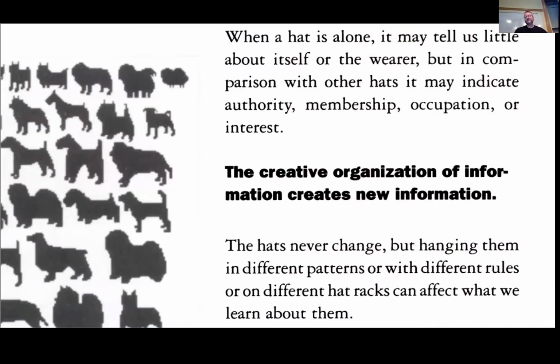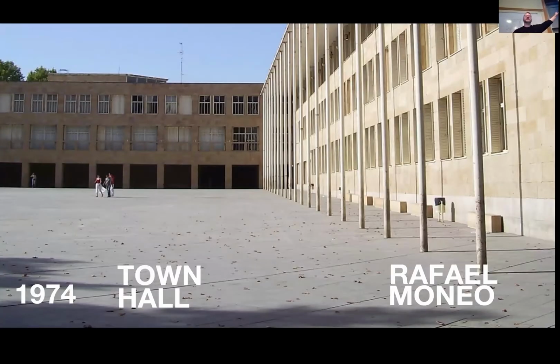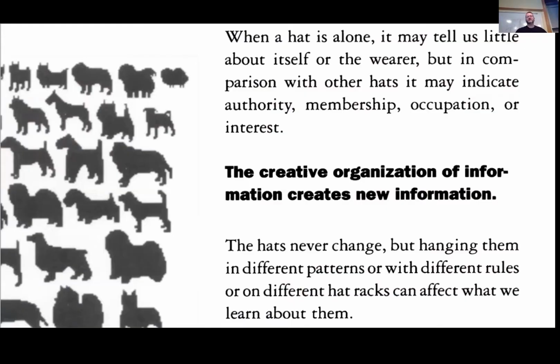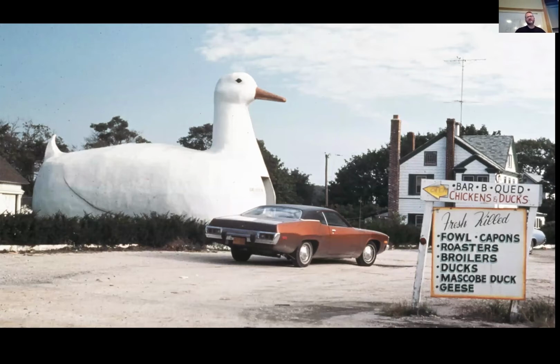And what Richard said about doing this with information, I believe, is also true about doing it with travertine marble. The creative organization of material and space creates new information. There is new information created by this act of architecture. Venturi and Scott Brown provide a neato way to think about structures and how they speak.